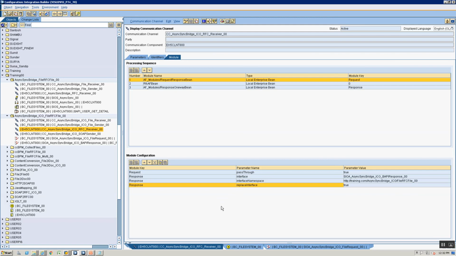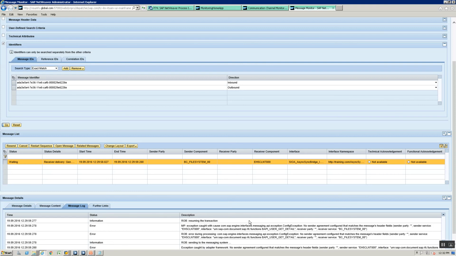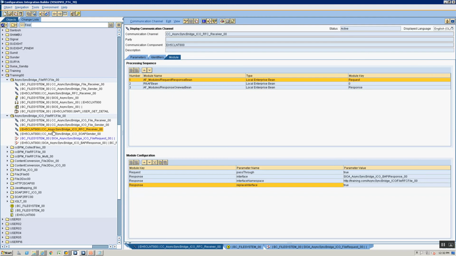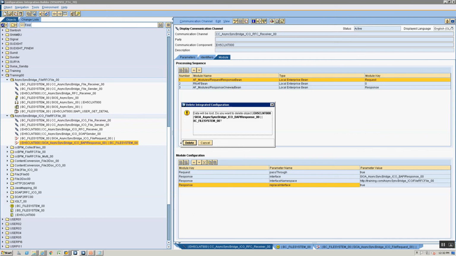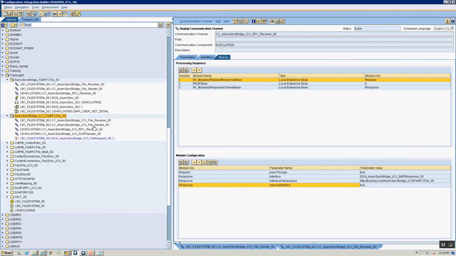So the other alternative is, rather than using these parameters, if you look at the error that we are getting, it complains that, hey, I'm looking for a service interface, BAPI user get detail, and you are an IDOC, right? So let's go ahead and just tweak this a little. Let's delete this integrated configuration and delete. Okay, and I'm now going to create a new integrated configuration,